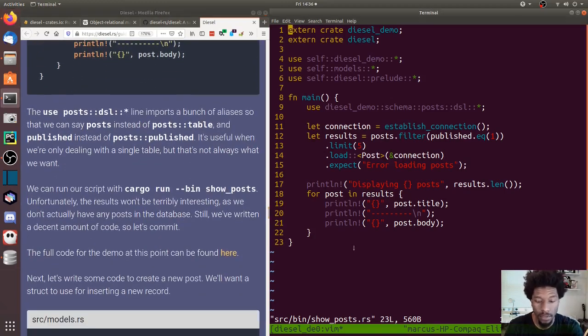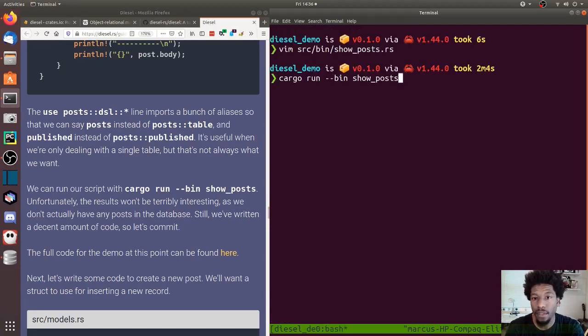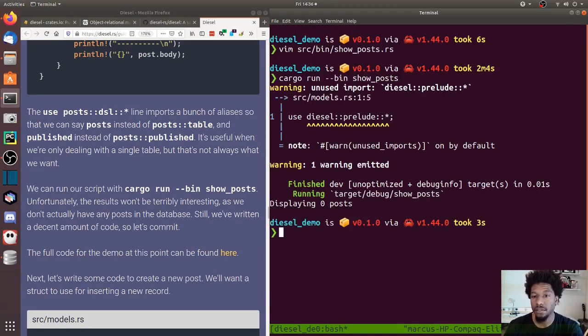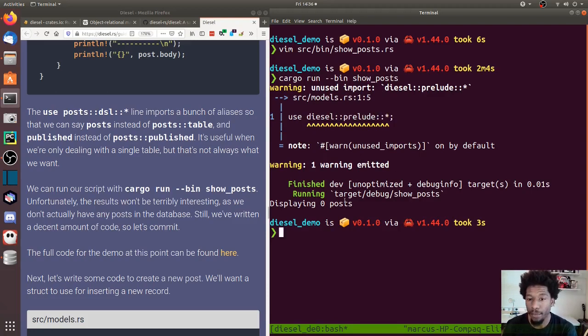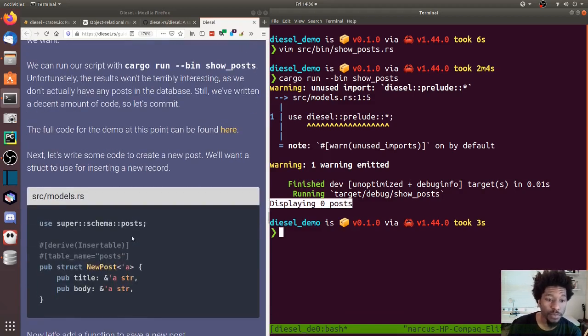So let's get out of this, and it runs. It says the prelude is an unused import. Meh. But we can see here that it's displaying 0 posts because we currently do not have any posts in our database. So moving onward,